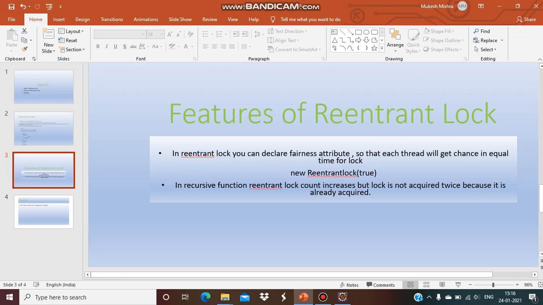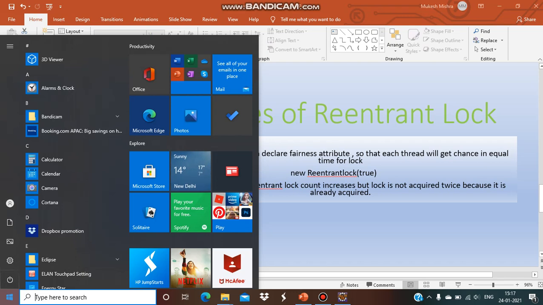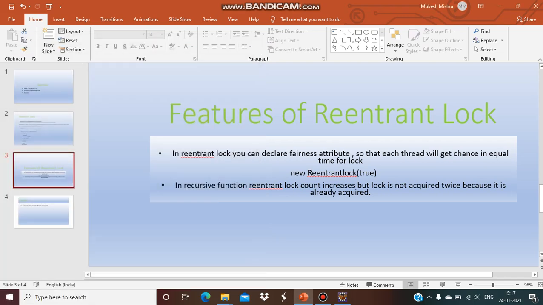Suppose you have four threads, thread 1, thread 2, thread 3, thread 4, and you want them to be executed with equal wait after a certain period of time.